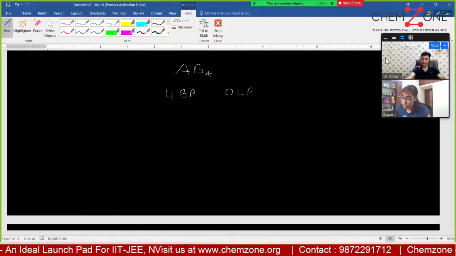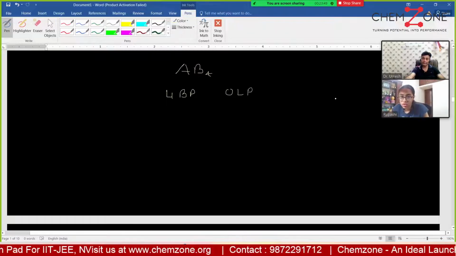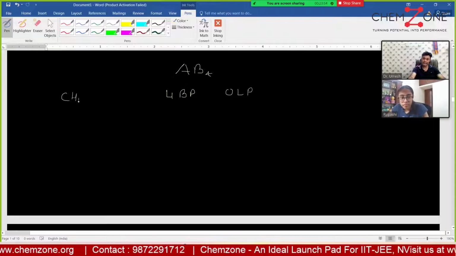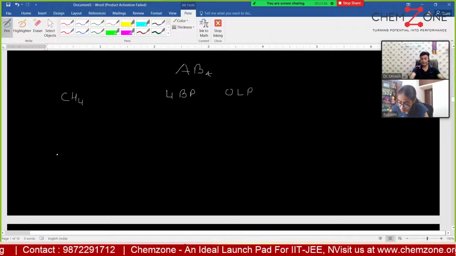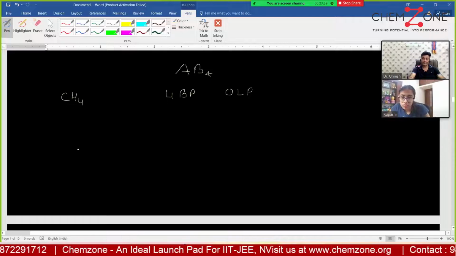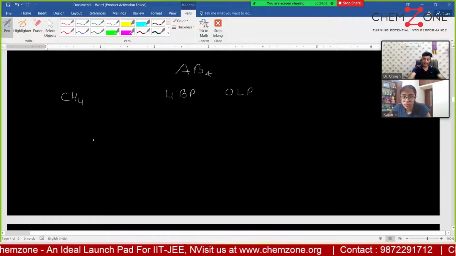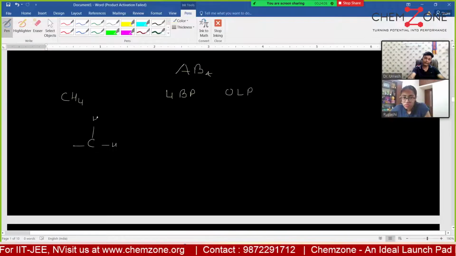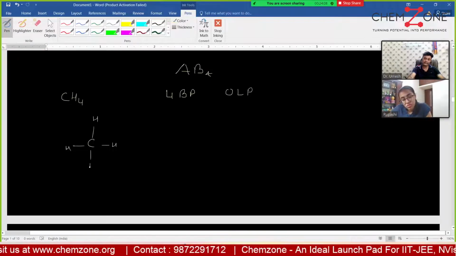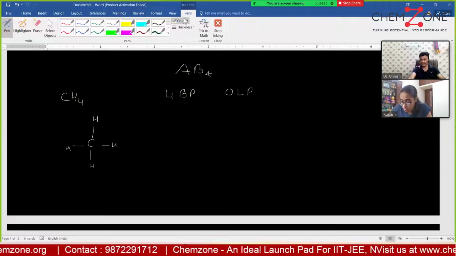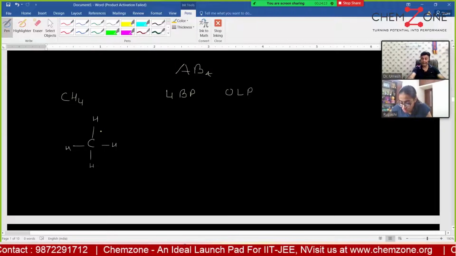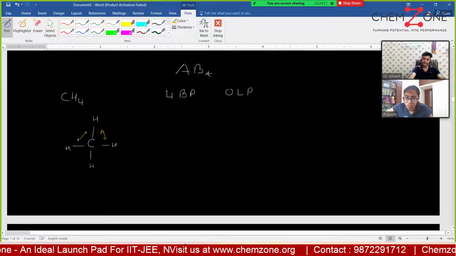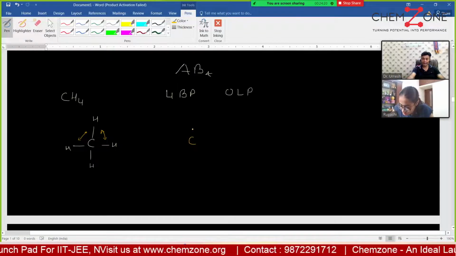Carbon tetrachloride. For example, we have methane, the simplest example I can consider here. I can draw the structure of methane like this, when they all are at 90 degrees. But this is highly unstable. At 90 degrees, the bond is highly unstable. These bond pairs will now repel,